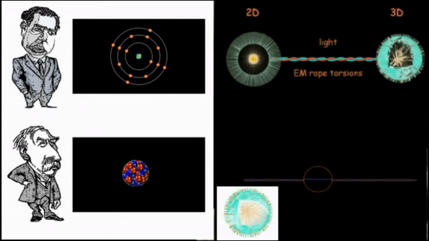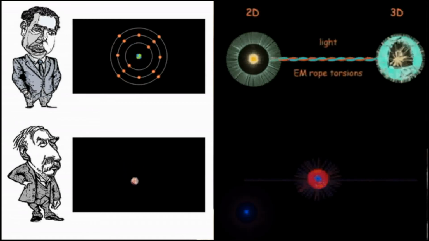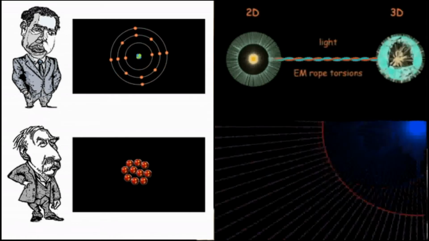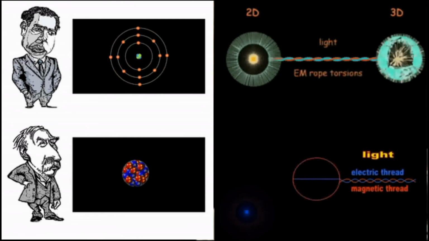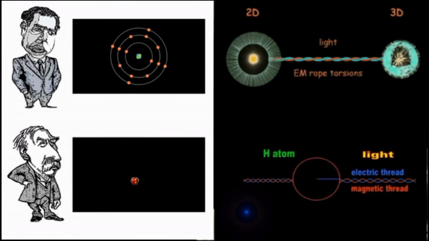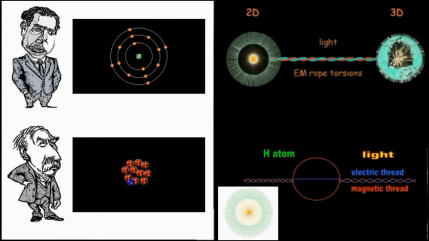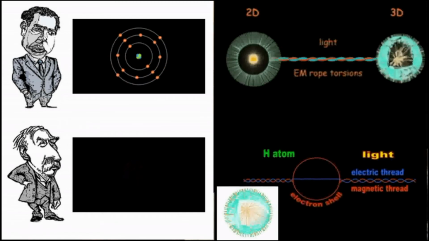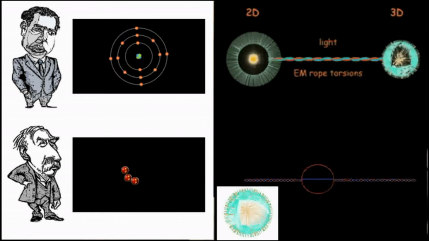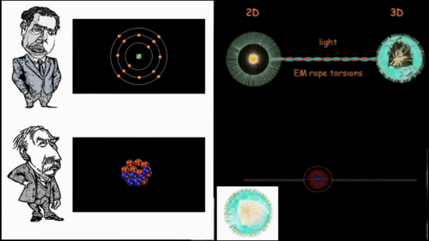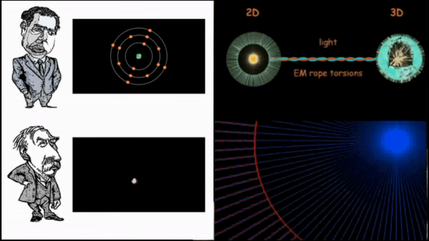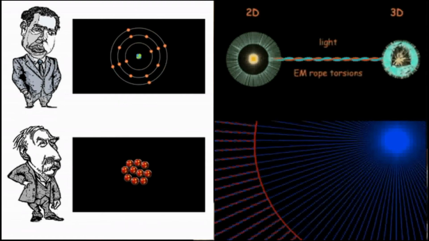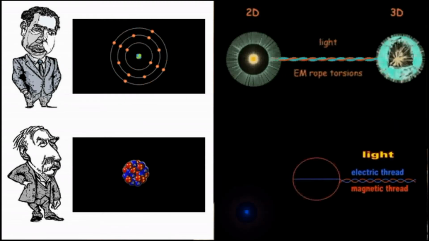Because every atom in the universe is bound by what we call the electromagnetic rope. It binds any two atoms. There you see the construction of the atom on the bottom right, okay? And one thread of the rope forms the electron shell, which is encapsulating the proton star, which is made by, arbitrarily, the electric thread. And so the rope becomes an atom, and the atom becomes a rope, and so on down the line, forever. Now we can explain why when the atom expands and contracts, it emits light, frequency, wavelength. Why? Because it's the link of a rope. See, they cannot explain that.